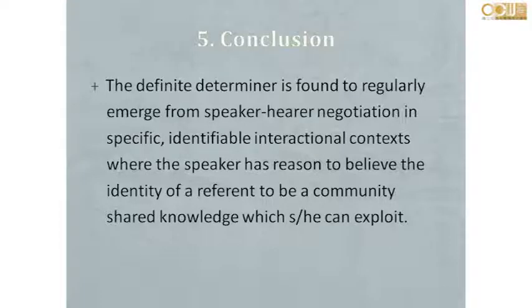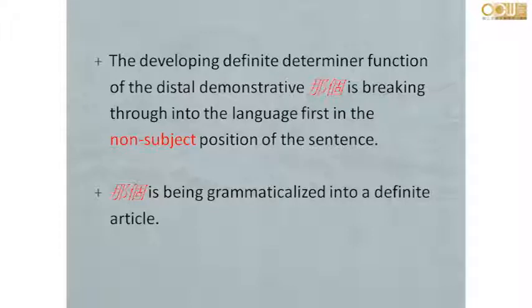这边讲到它的用法浮现，speaker 跟 hearer 其实是在做类似协商，确定他们讲的内容彼此都能够了解。第二个论点：The developing definite determiner function of the distal demonstrative nage is breaking through into the language first in the non-subject position of the sentence. 这呼应我们刚才看到的表格，那个已经不是出现在主词的位置，它正在变成一个语法化的 definite article。